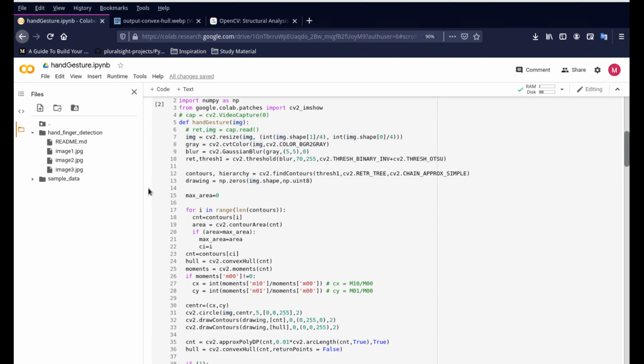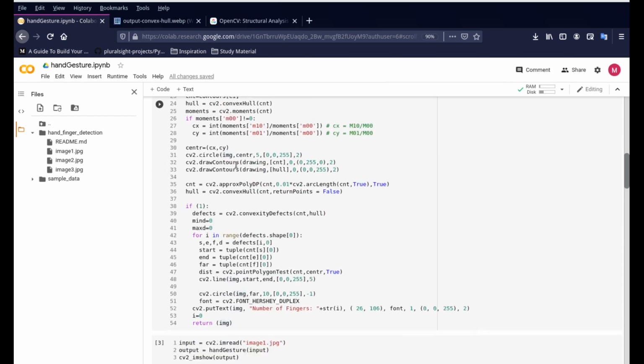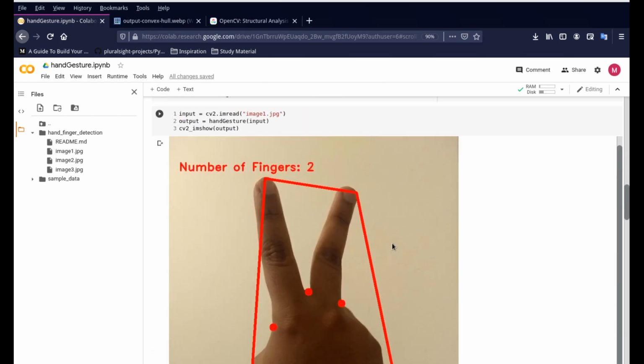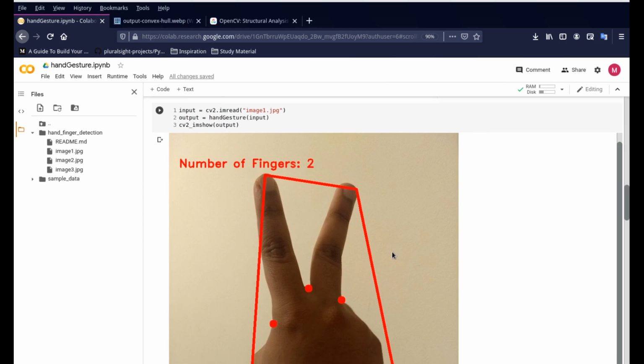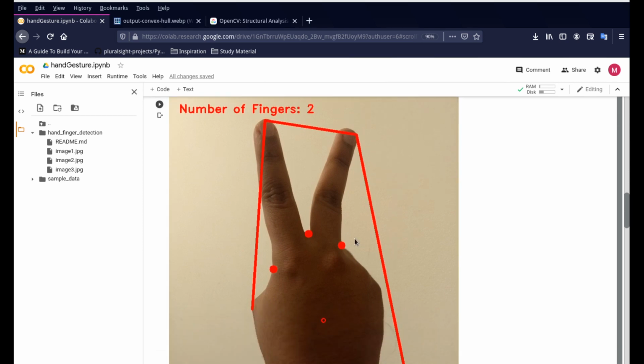Once the images are read, you do a little bit of pre-processing, which is nothing but blurring the image and using some threshold to remove all the color and just keep what is important. So your hand is a contrast. You can see the image that I have here. It's a plain background on a lighter shade, and the fingers and the hand present in it are darker, and it's easy for the threshold detection to just take out my hand compared to the image.